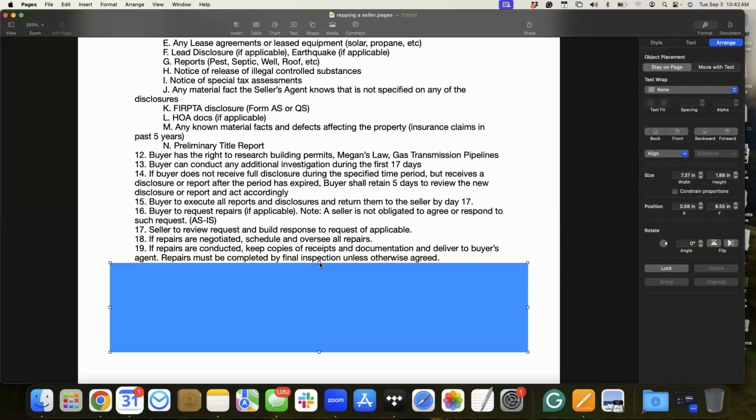So if repairs are conducted, keep copies of the receipts and documentation and deliver them to the buyer's agent. Who does that? Okay, so repairs must be completed by when? Before, 5 days before close. Well, by the time they do their final walkthrough, which can be no sooner than 5 days before close. So if their walkthrough is 2 days before close,